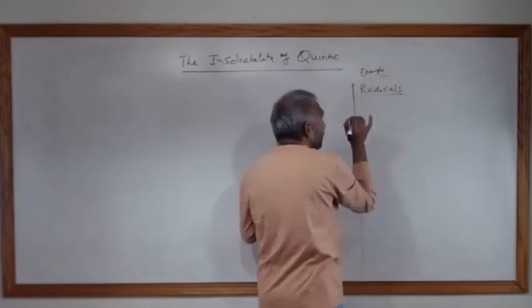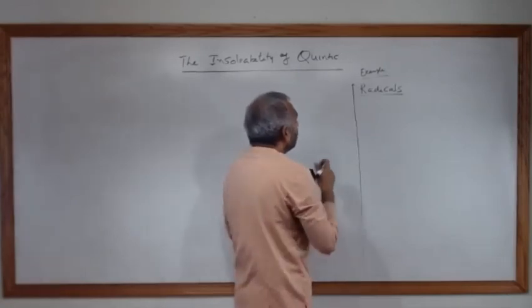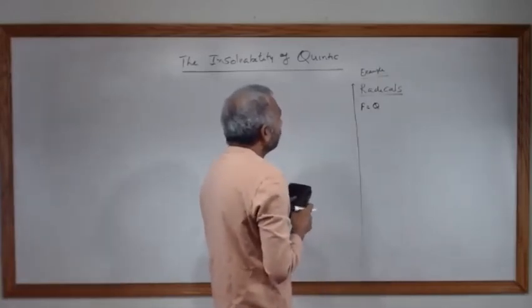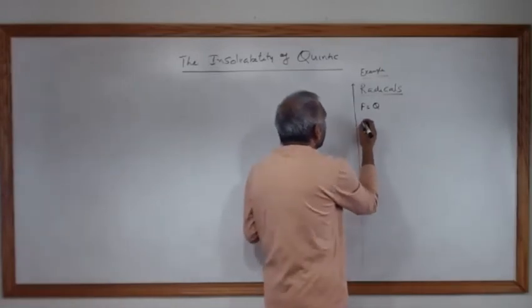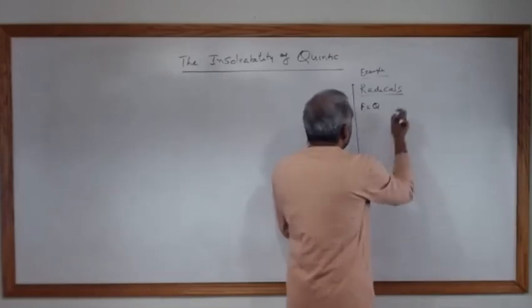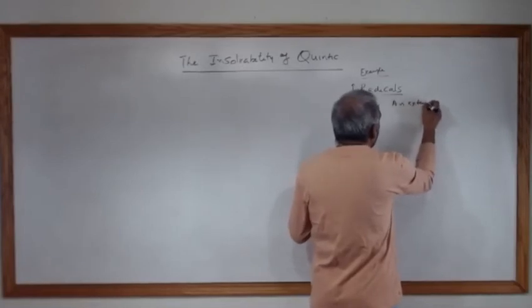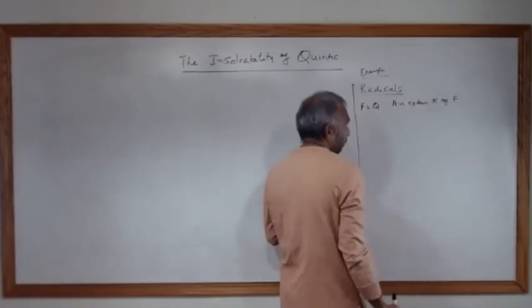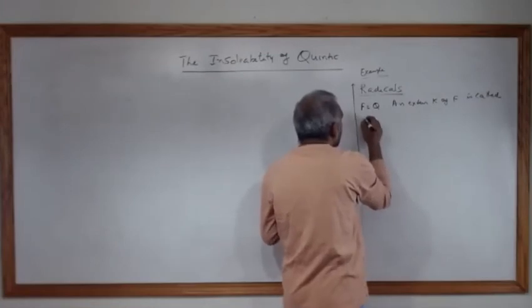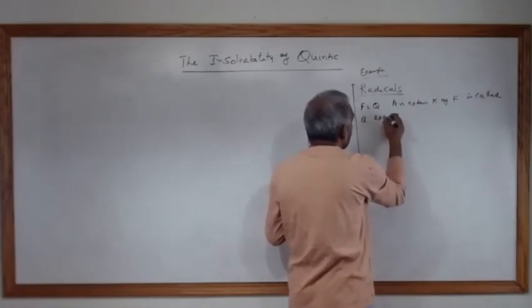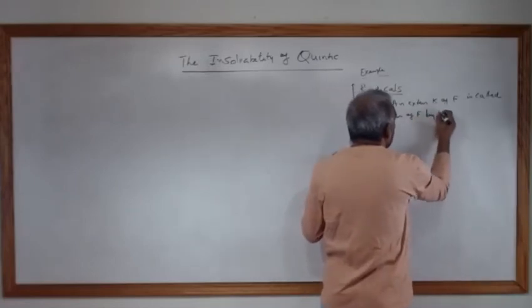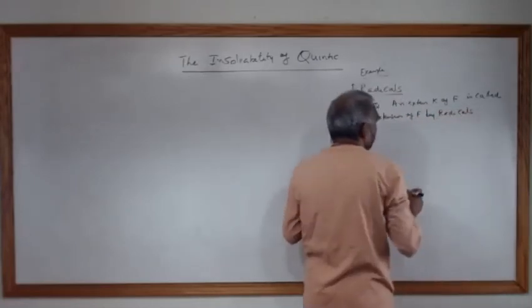We are going to take the base field as Q. So, an extension K of F is called an extension of F by radicals if